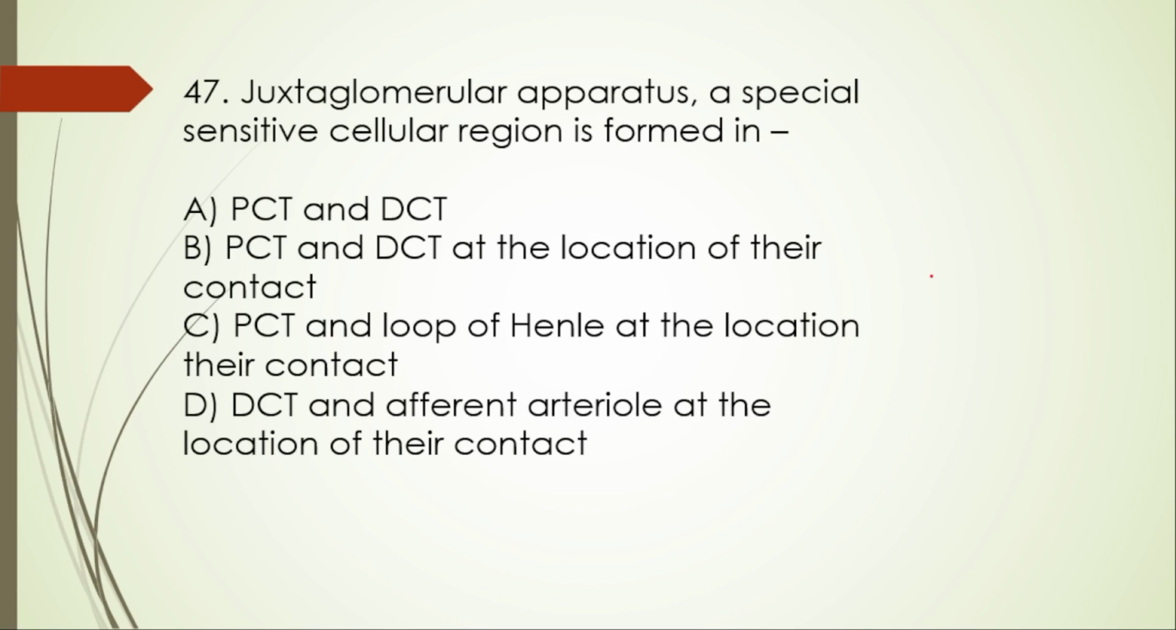47th question. Juxtaglomerular apparatus, a special sensitive cellular region, is formed in: A. PCT and DCT, B. PCT and DCT at a location of their contact, C. PCT and loop of Henle at the location of their contact, D. DCT and afferent arteriole at the location of their contact. So here the right option is option D. Next question,